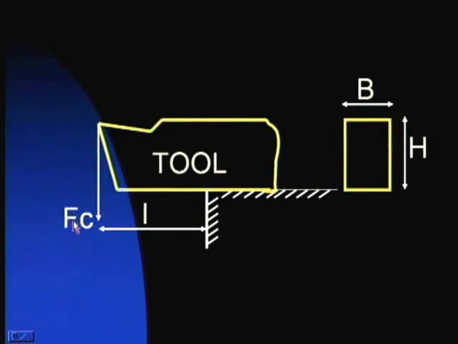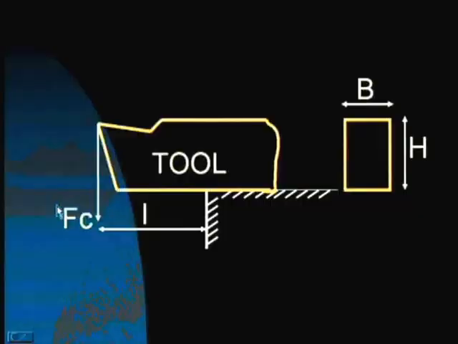First of all, calculate what is the cutting force that is to be applied on the cutting tool. It depends again on the speed of operation, the material, chip thickness, feed and everything. So taking those parameters into consideration, we first of all calculate the cutting force. It may be with the help of a dynamometer, or we have some empirical relations to arrive at this equation or this cutting force Fc.